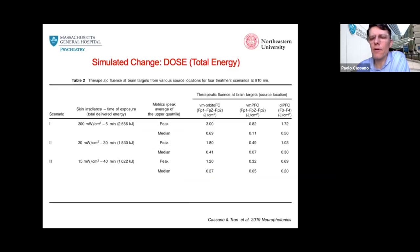If you see here, we first of all discussed the impact of decreasing the total amount of energy. Remember, from 2.5 kilojoules to 1.5 kilojoules to 1 kilojoule per session, which obviously corresponds to different energy density at the level of the skin, but also progressively lower energy deposition. Here are the medians: 0.5, 0.3,